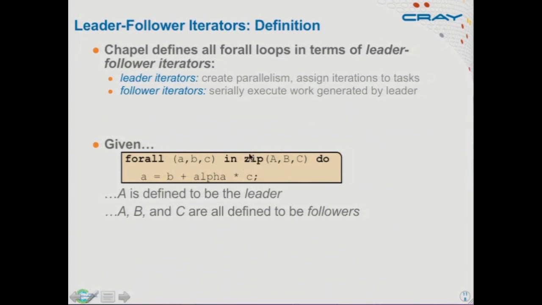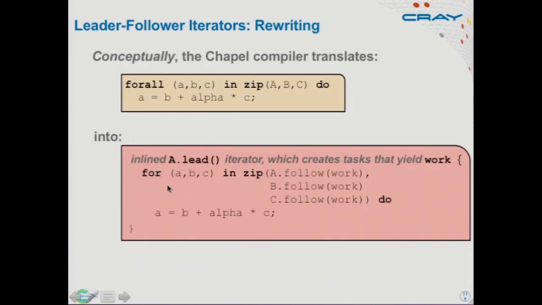Conceptually, whenever you have a zippered iteration, the first thing being zippered in is the leader. If you have a promoted operation, you rewrite it into the equivalent forall loop, and then you can figure out which one the leader is. So here, A is the leader, and all of the things that you're iterating over, A, B, and C, are also followers. The leader is going to say, for example, let's use 8 tasks, and let's compute the workload statically blocked. That's what I want all of you followers to do, and the follower is just responsible for doing that work. So here's that loop rewritten more explicitly. What we're going to do is invoke A's leader iterator, and it's going to yield chunks of work.